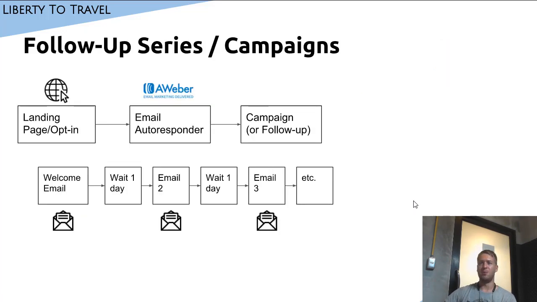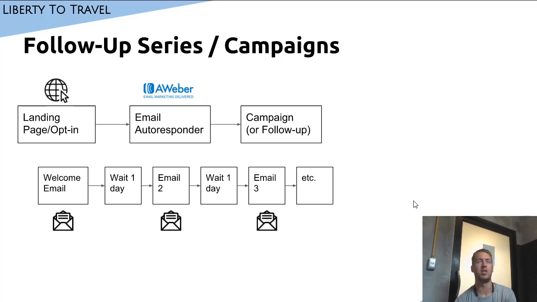Now, I just mentioned it already, but your follow-up sequence or your campaigns is one type of email that you're going to be sending. There's actually two types. There's the follow-ups and there's the broadcasts. First, we're going to look at the follow-ups. So initially, this was called follow-up series in Aweber, which is why a lot of people are still calling it that. Now Aweber has moved more to campaigns, and campaigns is generally what it is called in some of the other platforms as well.